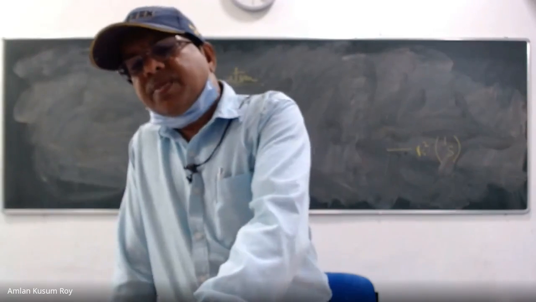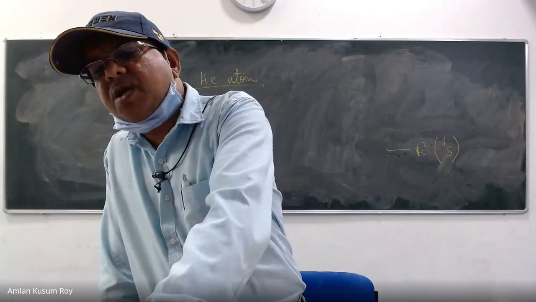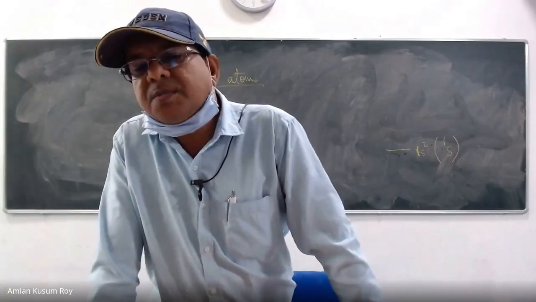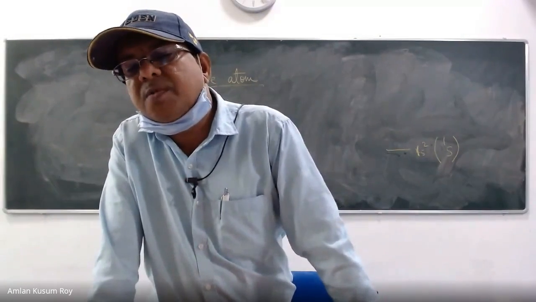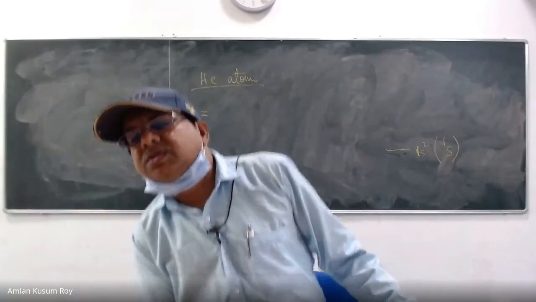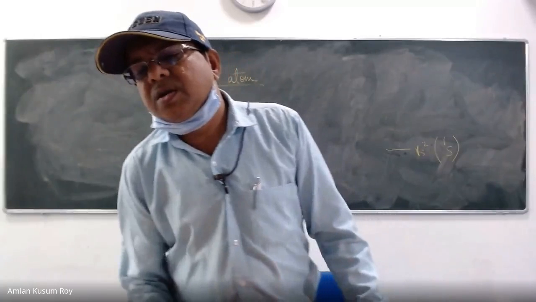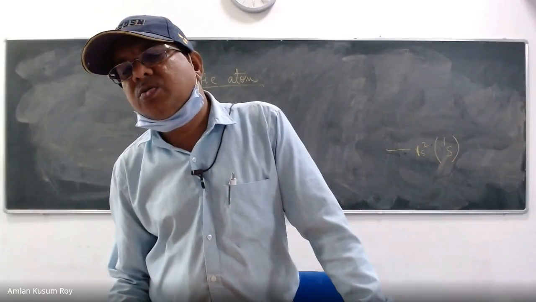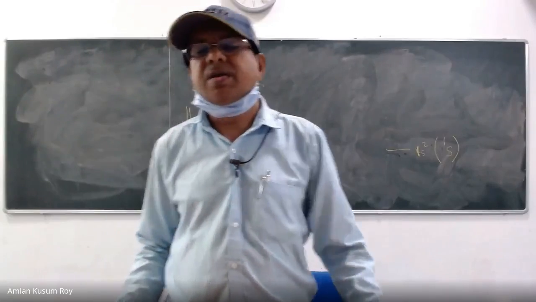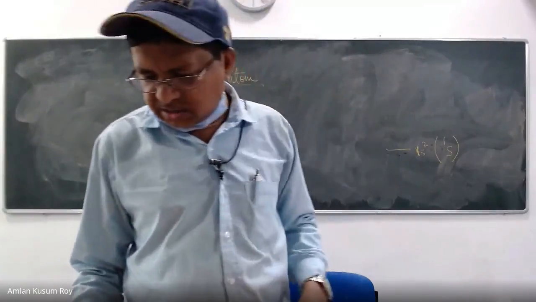So what both of you have written, p1 square by 2m, p2 square by 2m, plus what Obilipsa says is perfectly correct. Let me see Tahiti's answer: p square by 2m plus p square by 2m minus Ze square by 4 pi epsilon 0 r1 minus Ze square by 4 pi epsilon 0 r2, plus that is H. Okay, there are some imperfections in that expression, but I would take this as correct.